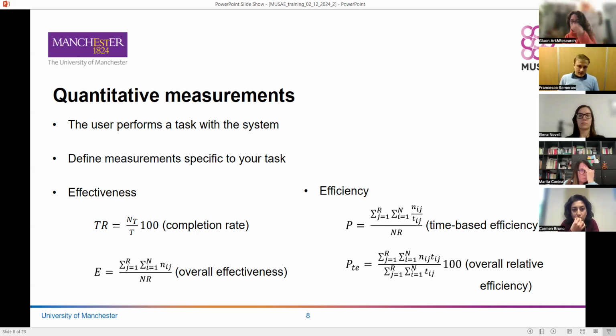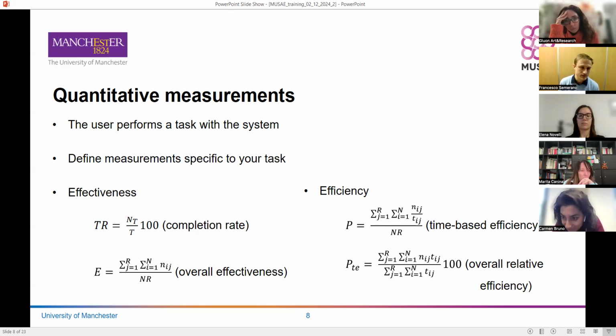So let's delve into them. First of all, from a user study, you can assess the effectiveness of your system. And by effectiveness, we mean the accuracy of the system in completing tasks successfully. So one measure of effectiveness is the completion rate, which is a ratio between the number